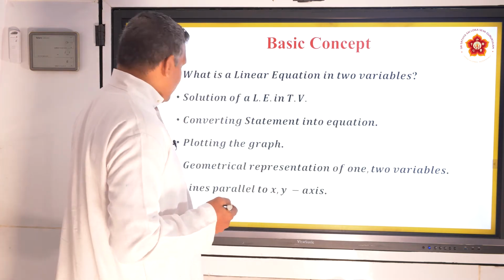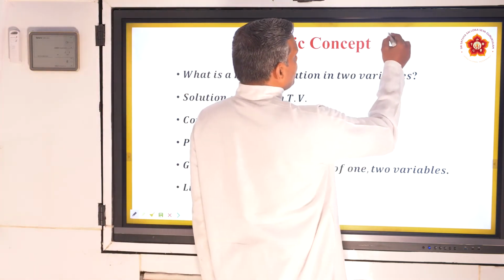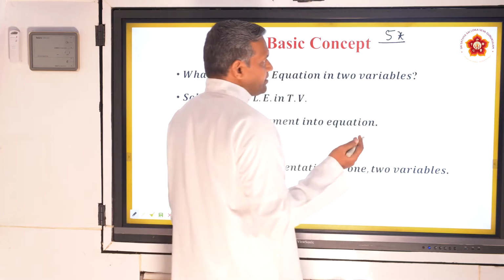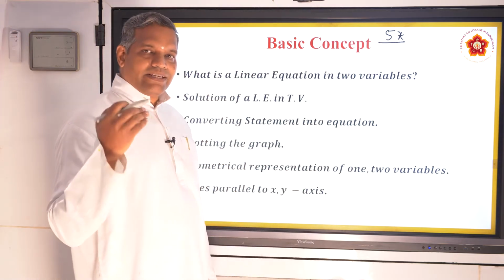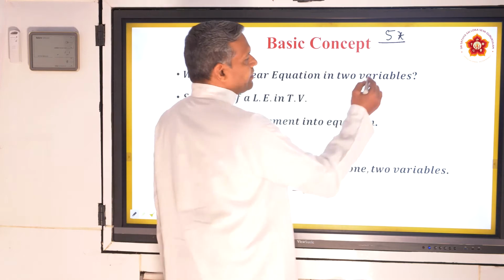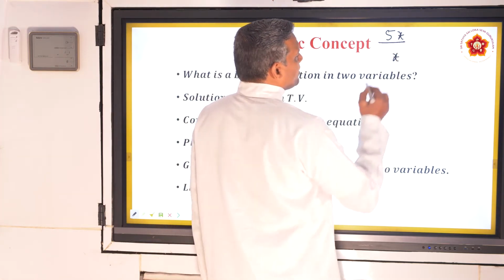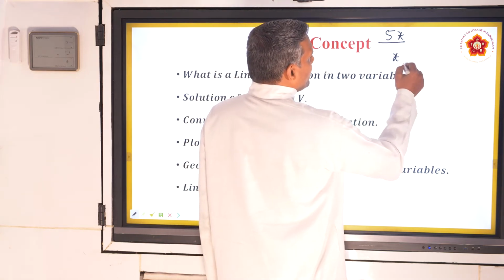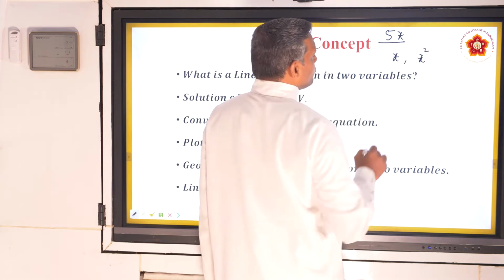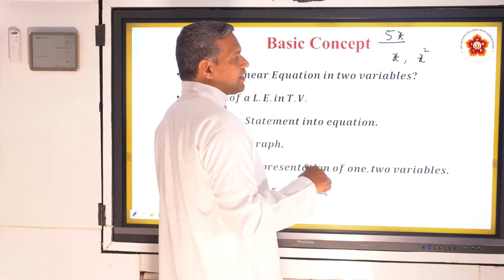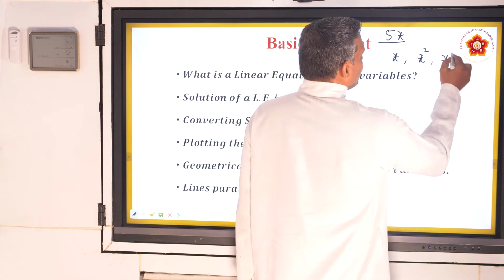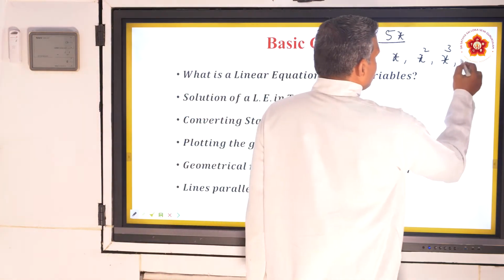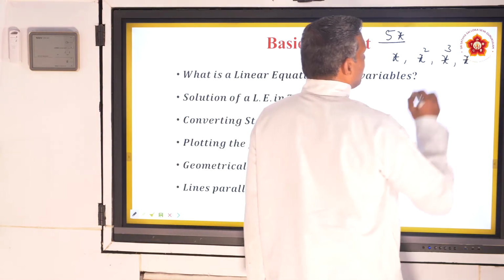Now, linear equation means that the variable part, say suppose pi x is there or pi x cube is there, whatever it is, these terms will have a degree or power. In the case of linear, the maximum degree or power of the variable will be 1. Then you call it linear. If the degree is 2 or power is 2, you call it quadratic. If the degree is 3, you call it cubic. Next, to the power of 4 is biquadratic.